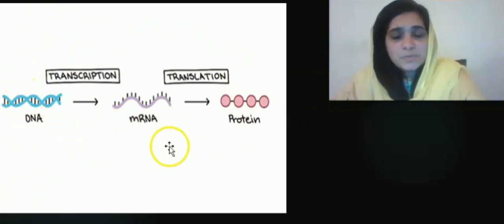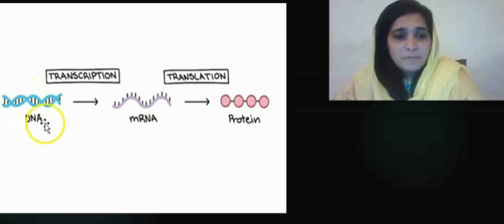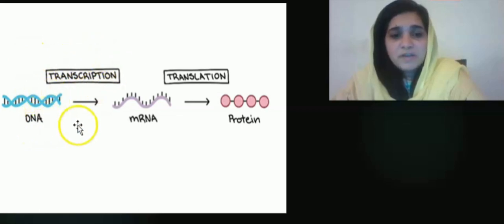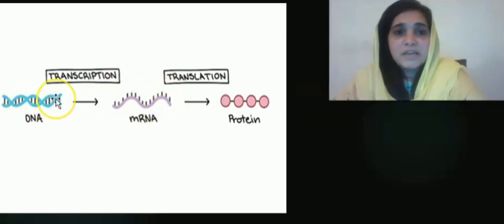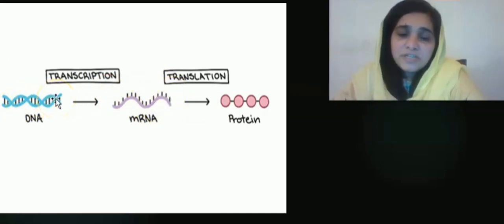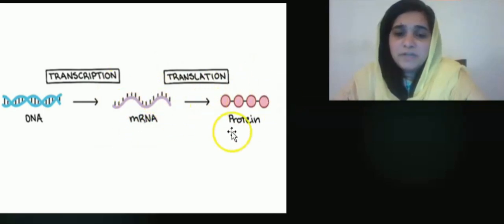It is the easiest way to explain. And remember what happens, that DNA is the double helical structure. When the transcription occurs, DNA will be converted into mRNA, and mRNA is a single-stranded structure. Here two strands are present in case of DNA, while one strand is present in case of mRNA. So when mRNA is present, translation takes place. In translation, mRNA will be converted into protein or polypeptide chains.